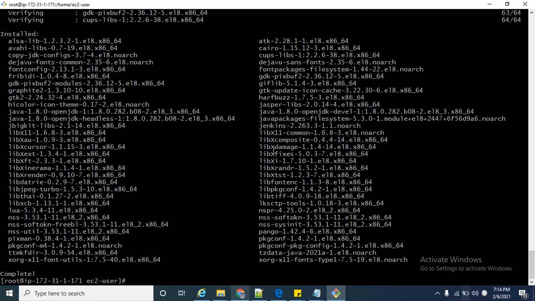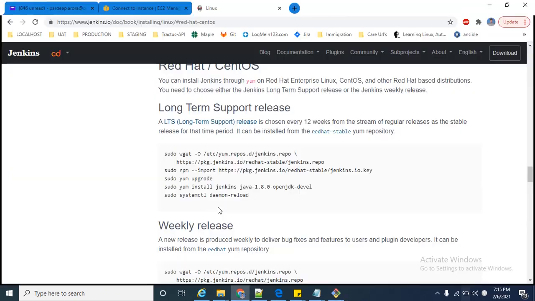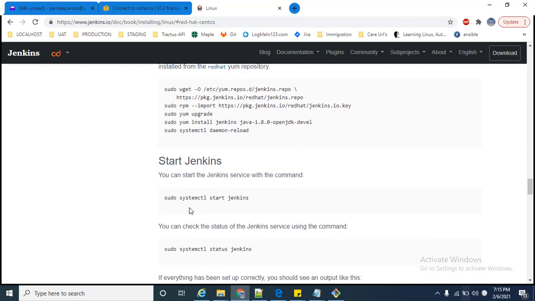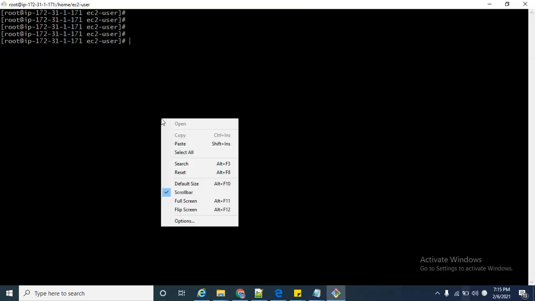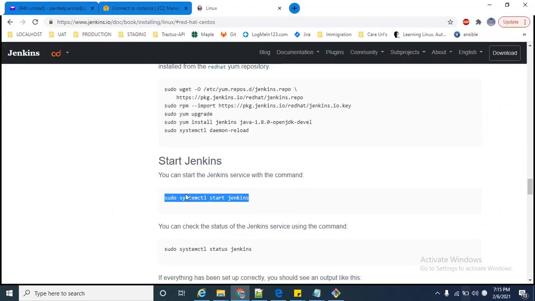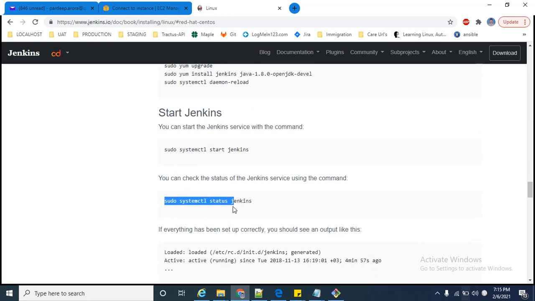Let me clear the screen once again. Here we can scroll down and start Jenkins. Now we have to check whether Jenkins has started or not.